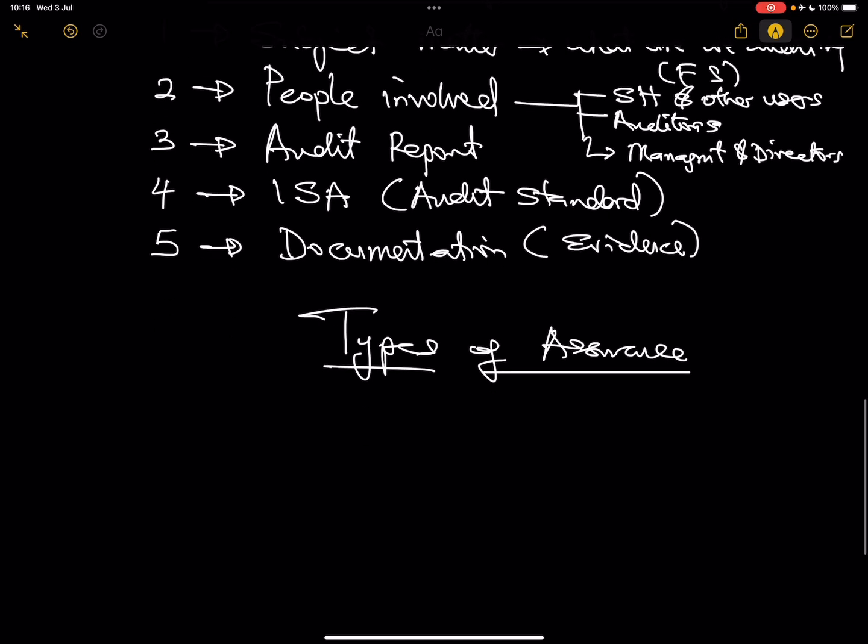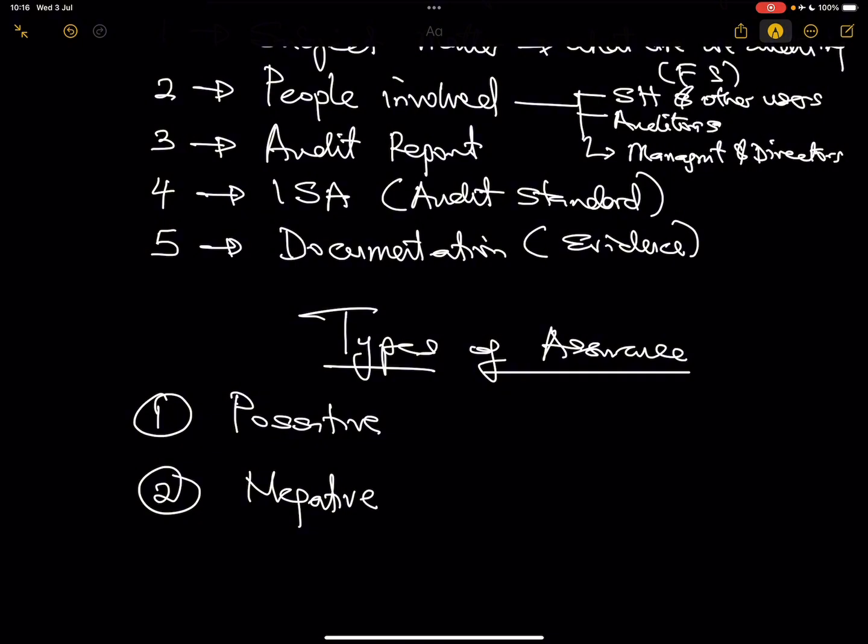Types of assurance. There are two types. There is positive assurance and there is negative assurance. And they are different. And please listen carefully. Positive assurance is an assurance that